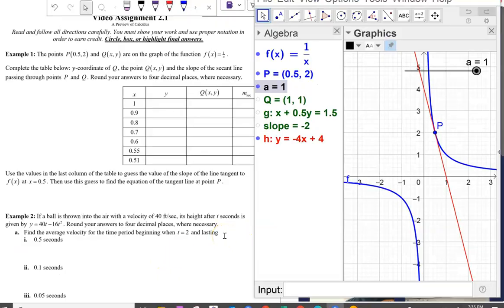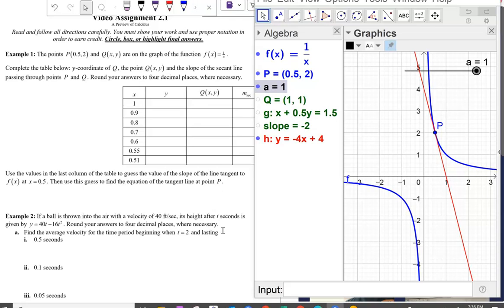Here we have the graph of f of x in blue, f of x equals 1 over x. And we have the point P at (1/2, 2). And we also have this red line, which is the tangent line to f of x at the point P. Normally, when finding the slope of a line, we need 2 points. But this tangent line has only one known point at (0.5, 2). So what this problem asks us to do is to take a series of points that get progressively closer to